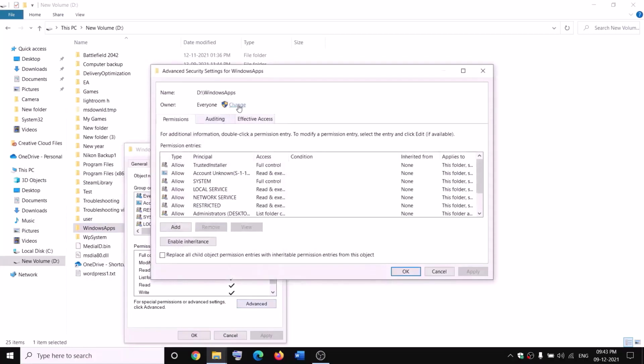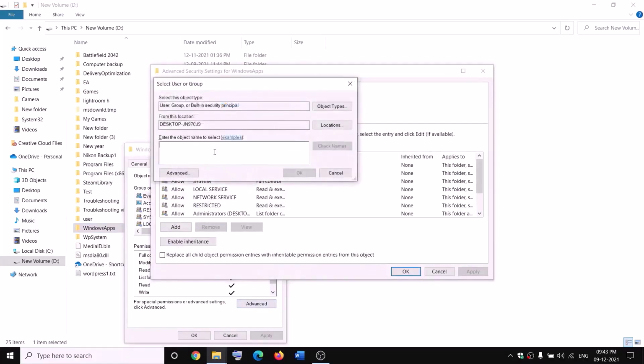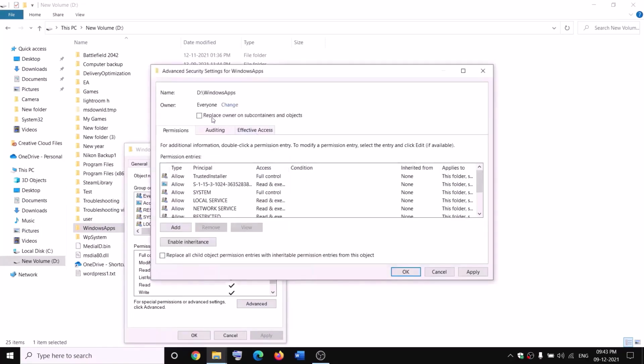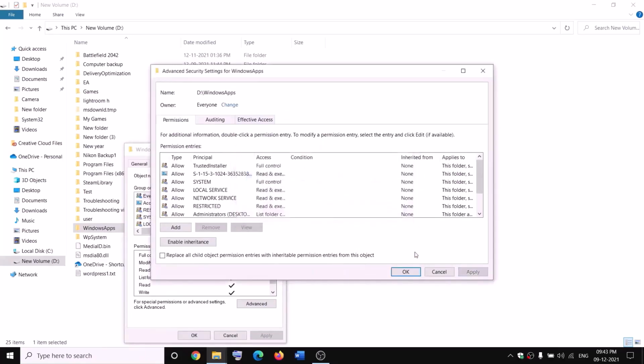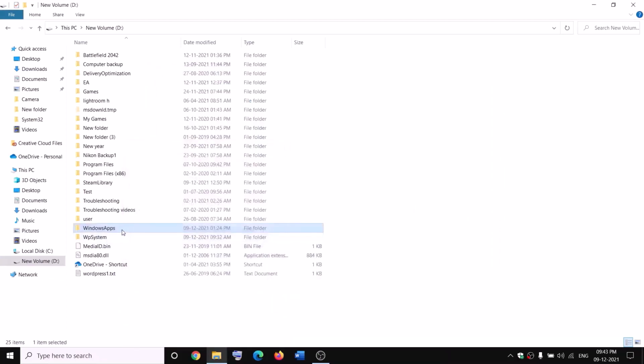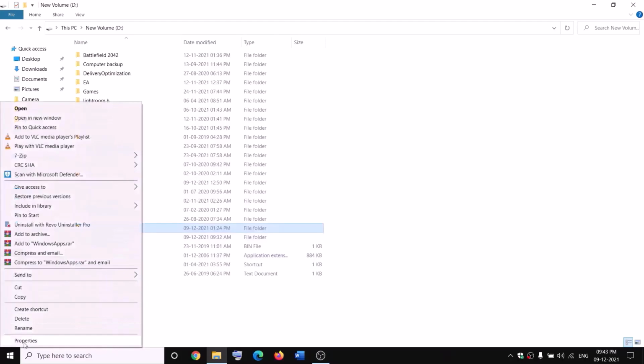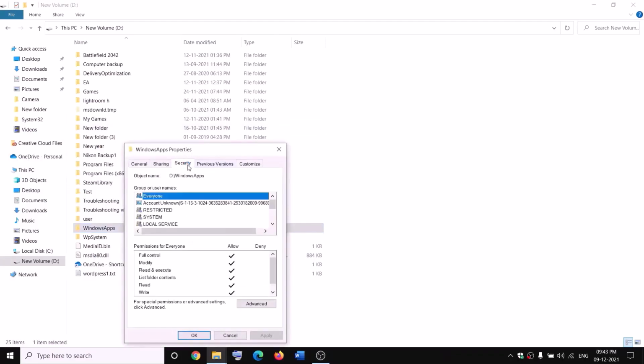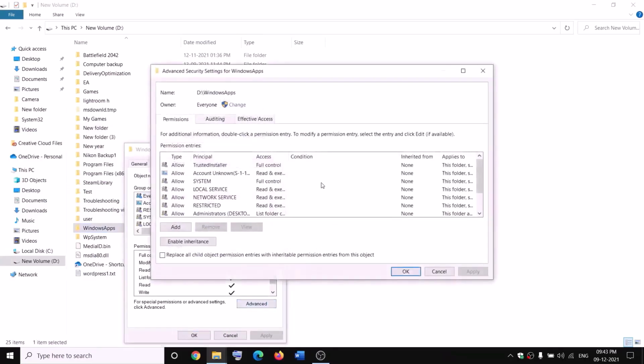Now click on Change over here, type in Everyone in the box. Now click on Check Names, then click on OK. Now put a check on the box which says Replace owner on subcontainers and objects and then click on Apply. OK, OK, again OK. Again right-click on Windows apps, select Properties, Security tab, Advanced, and this time